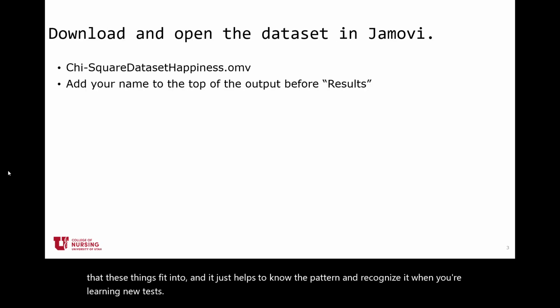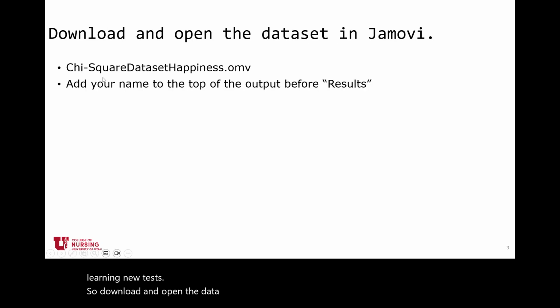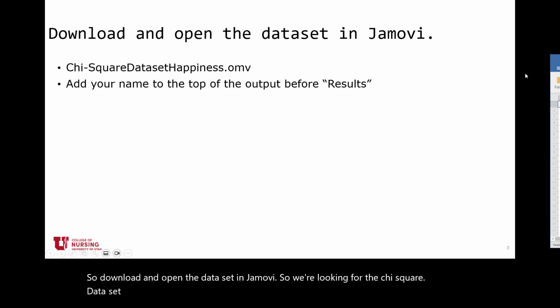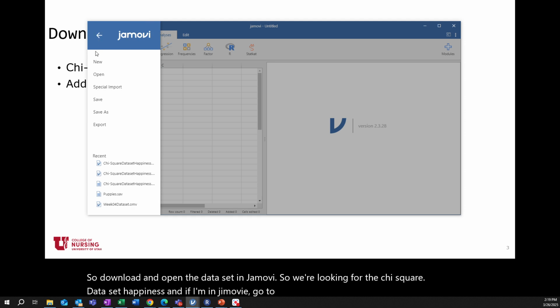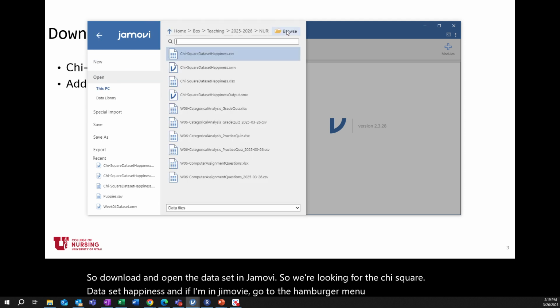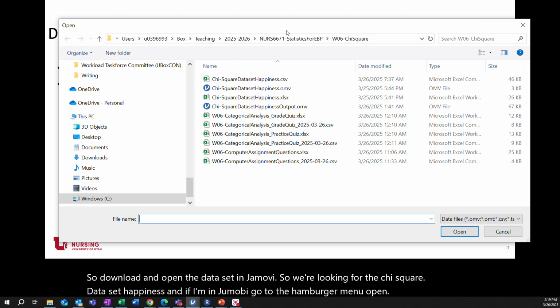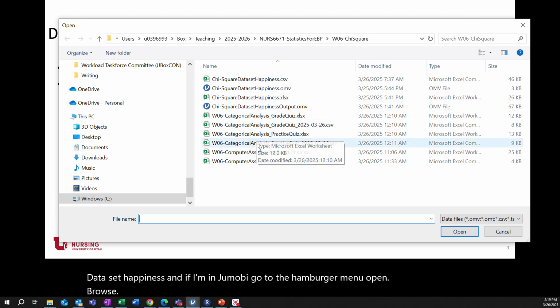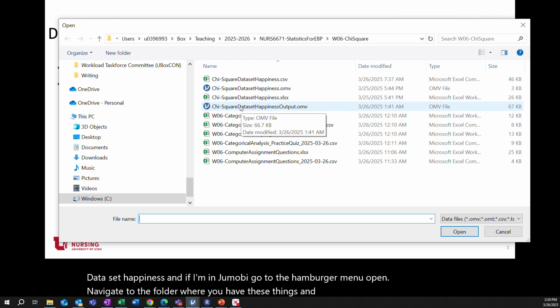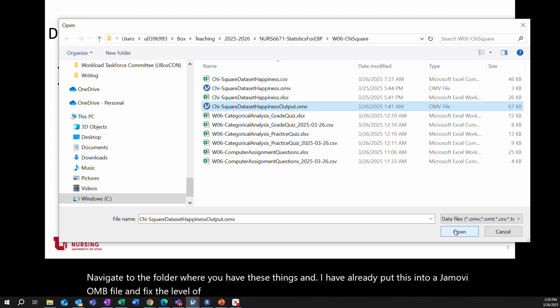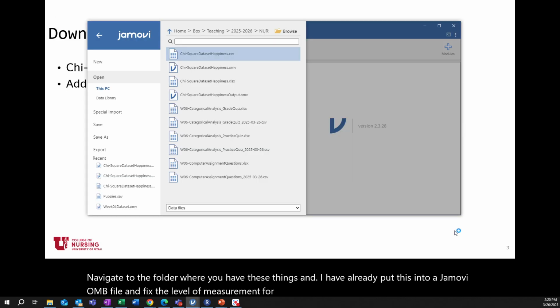So download and open the dataset in Jamovi. We're looking for the chi-square dataset happiness.omv. In Jamovi, go to the hamburger menu, open, browse, navigate to the folder where you have these things. I have already put this into a Jamovi OMV file and fixed the level of measurement for you. So select the